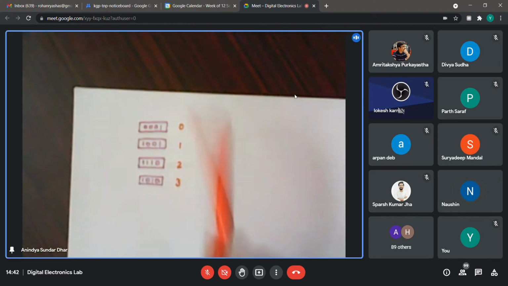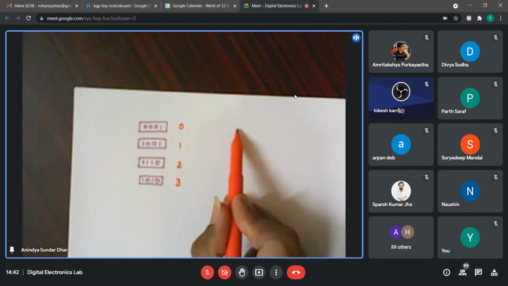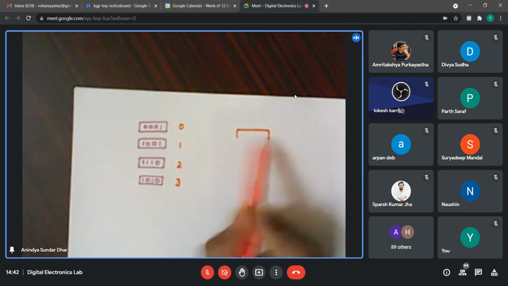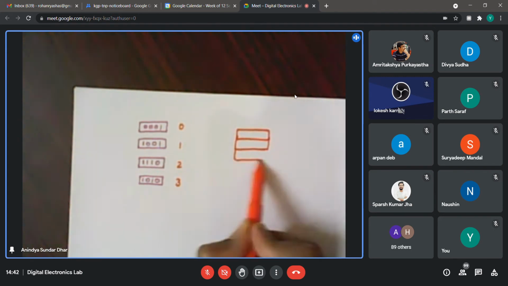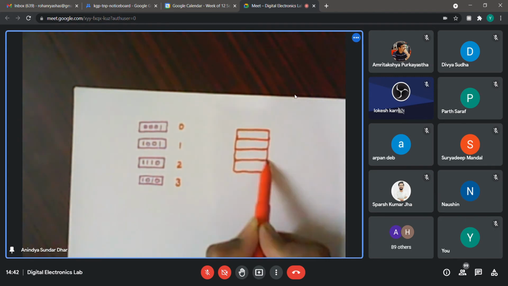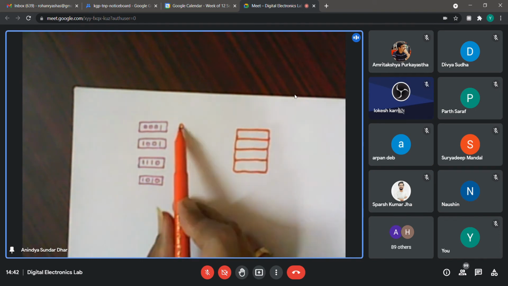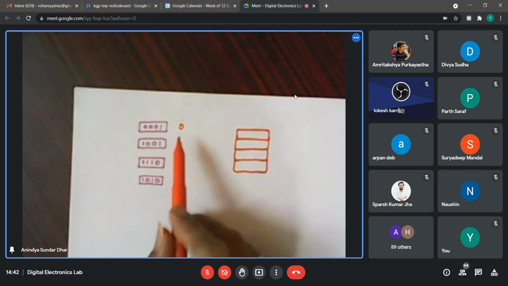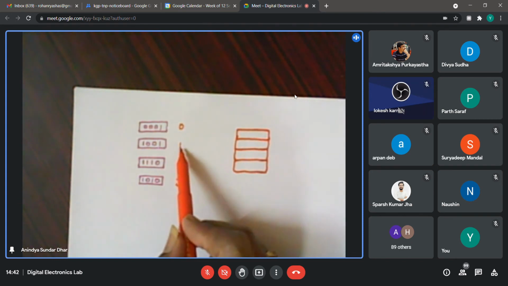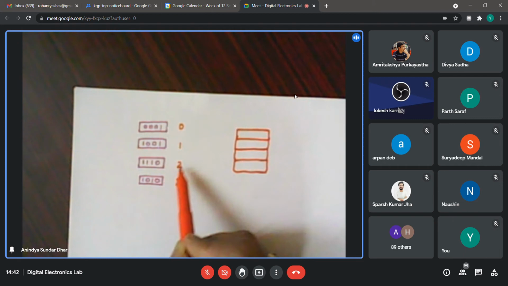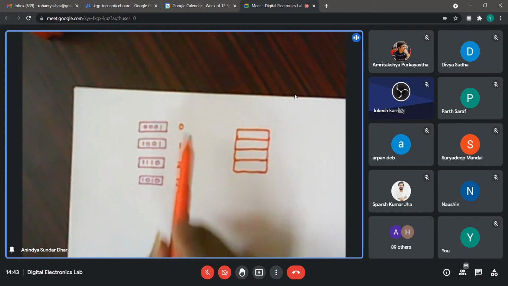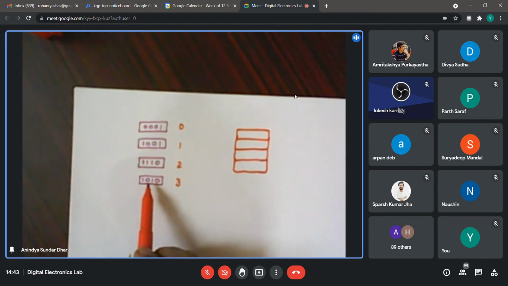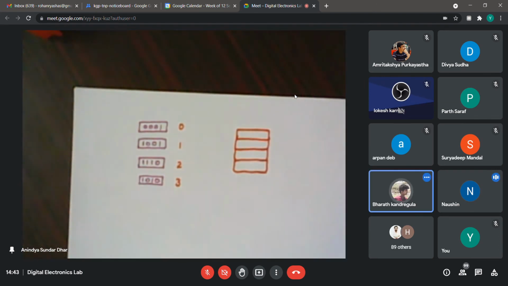Yes, sir. Okay, so now if I combine them together on the same chip, on the same piece of hardware, assume that there are 4 such registers, and then once again I am just referring to each of them by such a number. But now this number, rather than telling verbally, I am conveying through some binary code. So how many bit binary code do I need to indicate uniquely any of these registers? 2. Because there are 4.